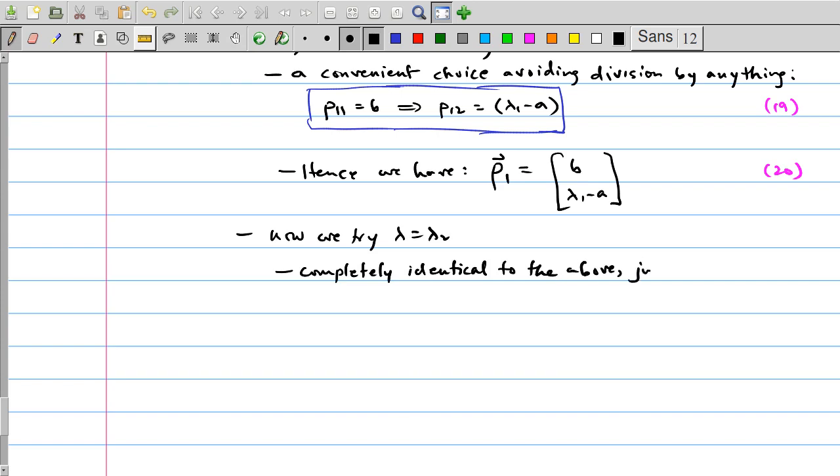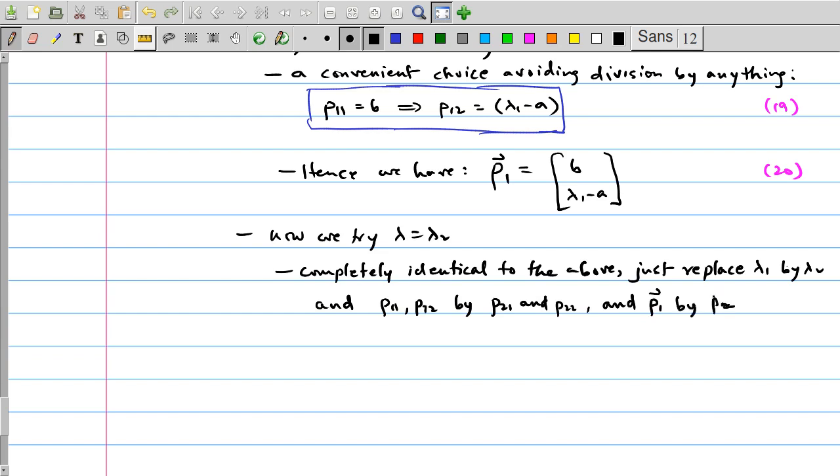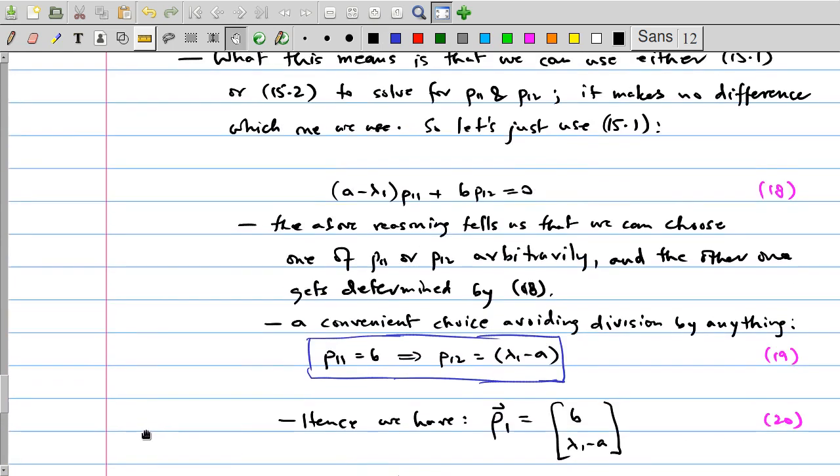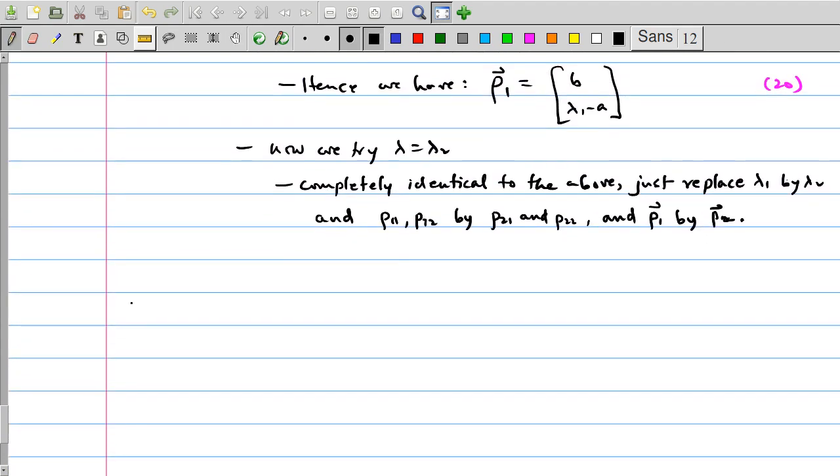Just replace lambda 1 by lambda 2, and P11, P12 by P21 and P22, P1 by P2. Yeah, that's basically all there is to it. Okay, so we get